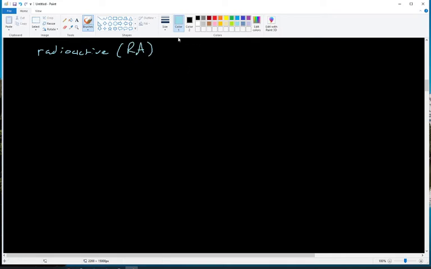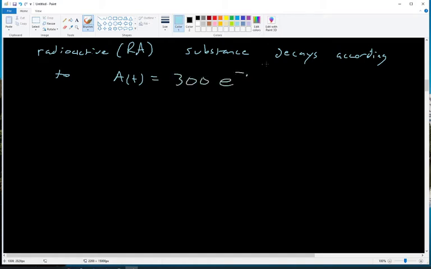So a radioactive substance decays according to the equation A of T, which is the amount still radioactive, equals 300 e to the negative 0.00012 times T. And we want to find the amount still radioactive